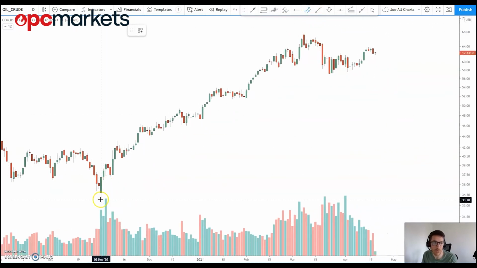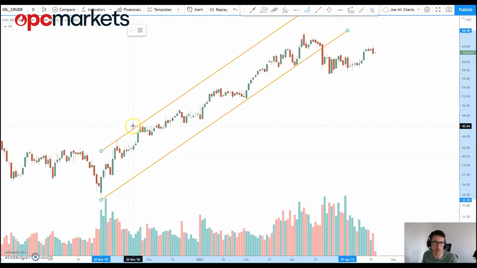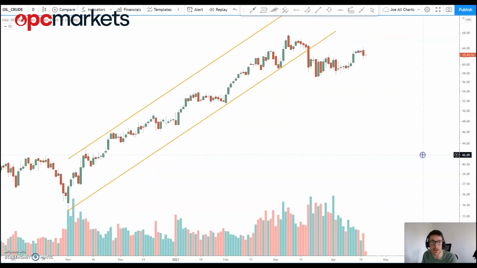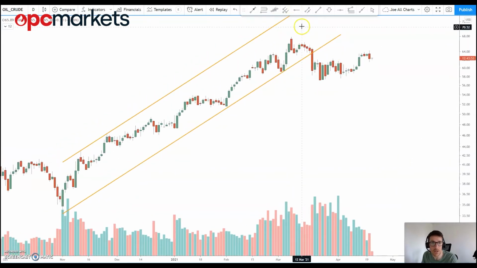What I'm going to do now is just draw on what I see on the charts right now. I had this on before. This is a bullish channel, and the price has been contained within this bullish channel for a number of months, going back down to October last year, before finally seeing a break to the downside on the 18th of March. So we've broken down, and since then we've seen some real choppy price action. The ranges have been quite large, as you can see by the size of the candles relative to the candles that we saw over to the left hand side. So price action is very choppy, meaning that it's probably going to be very difficult to trade in a short-term manner on your trading accounts.